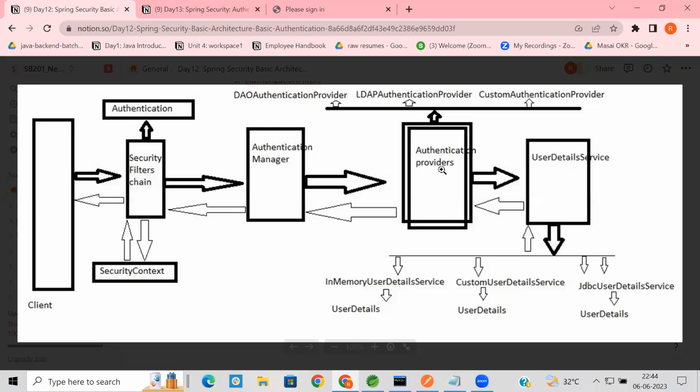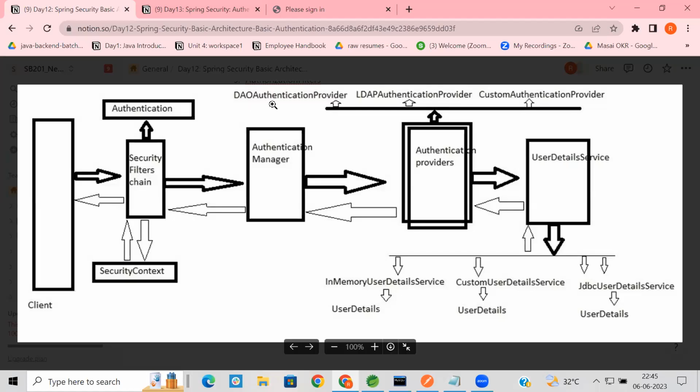कौन कौन सा authentication provider है जो authentication हमें provide करके दे, यानी यूजर नेम और पासवर्ड को वैलिड करके दे कि ये यूजर नेम पासवर्ड वैलिड है। तो उसके लिए ऑथेंटिकेशन मैनेजर किसके पास जाता है? It will go to the authentication provider. Now we have different authentication providers already. स्प्रिंग सिक्योरिटी वालों ने हमारे लिए बहुत सारे ऑथेंटिकेशन प्रोवाइडर बना के रखे हैं।